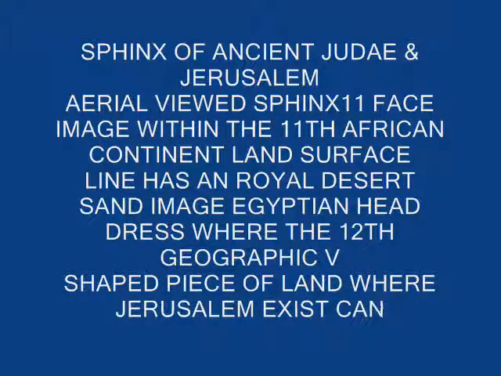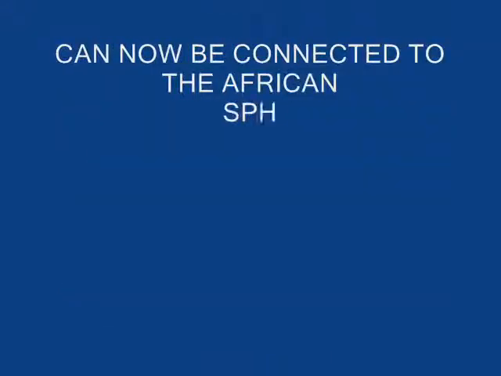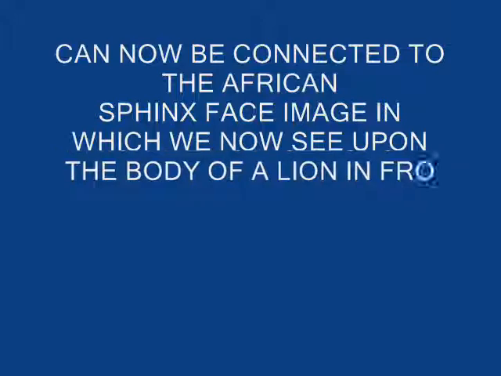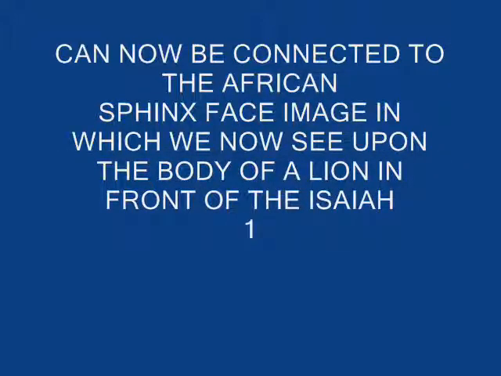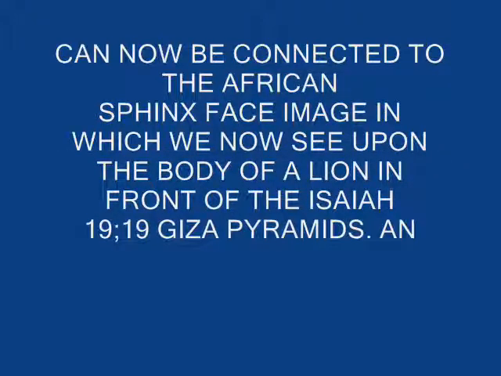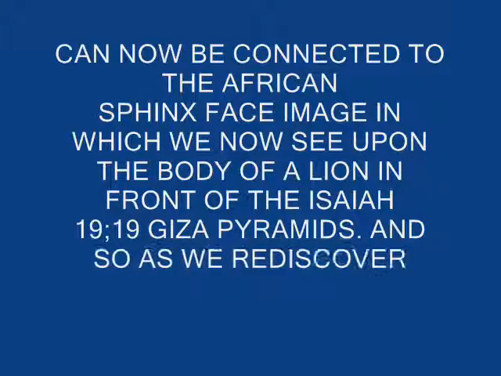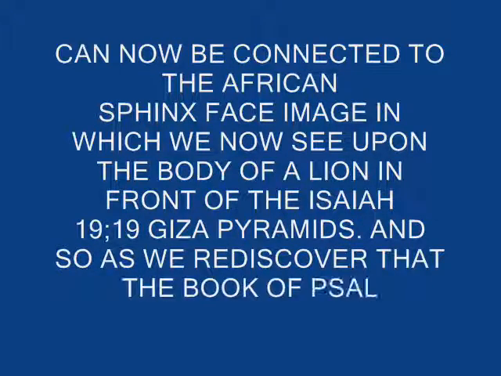Now Jerusalem, as in the first chapter, third verse, is in the 12th horizontal land surface line. Now you're falling off of the North African continent into the water. Okay, so it looks like a V-shaped piece of land where Jerusalem is at the top of the V-shaped piece of land. Now Judea is in the 11th horizontal line of the area view Northeast African continent, yellow desert triangular sand area, where we see a dark U-shaped face.